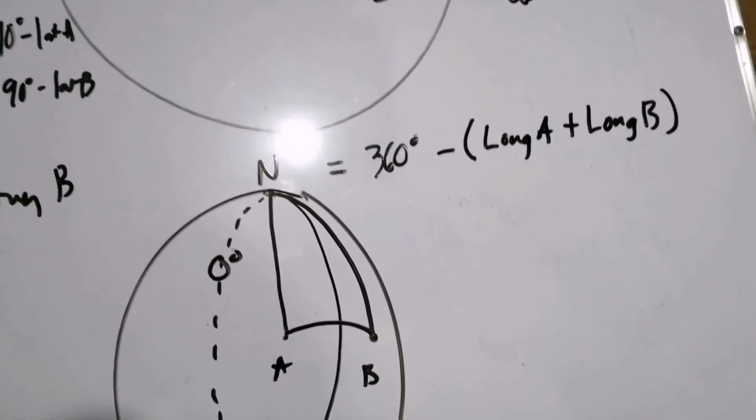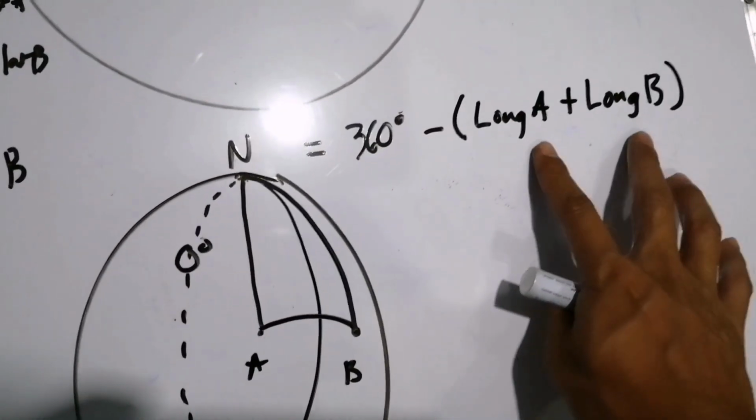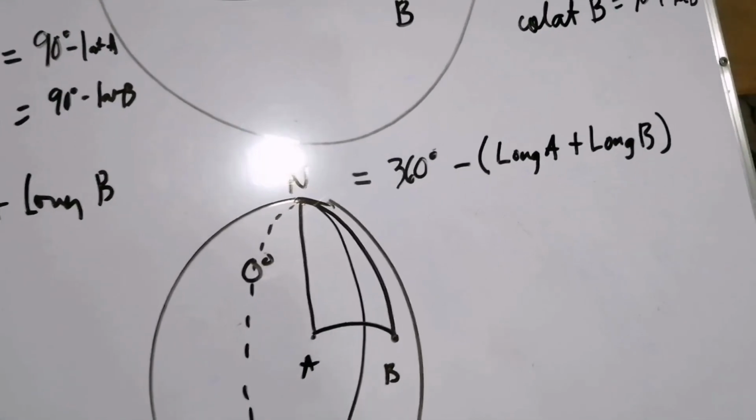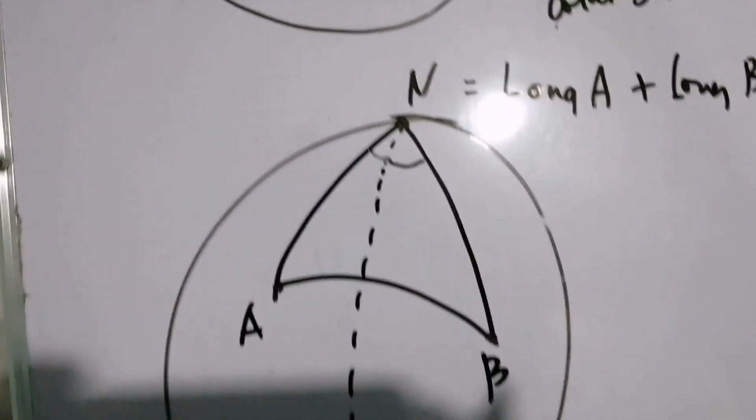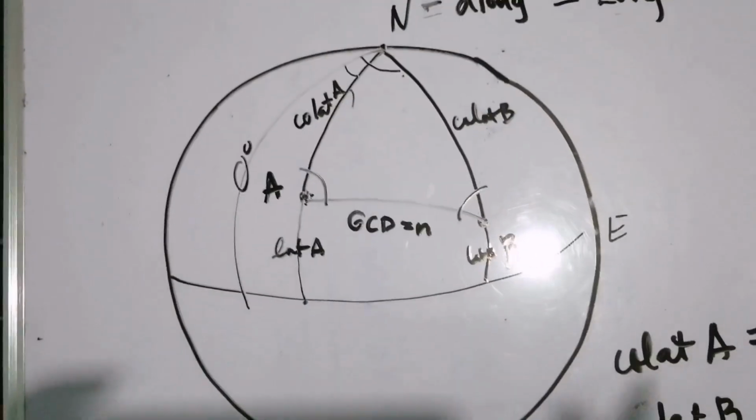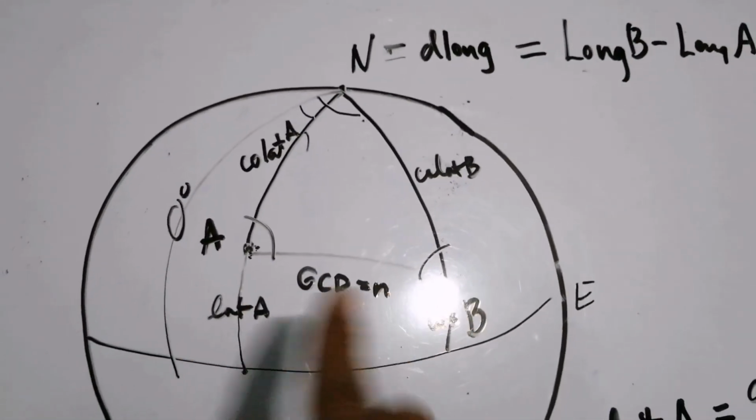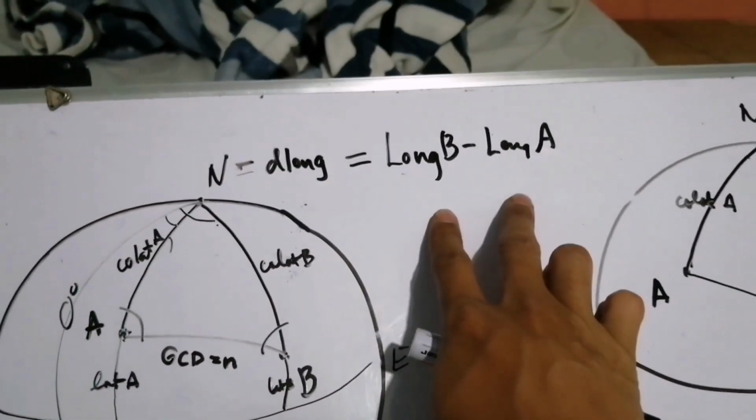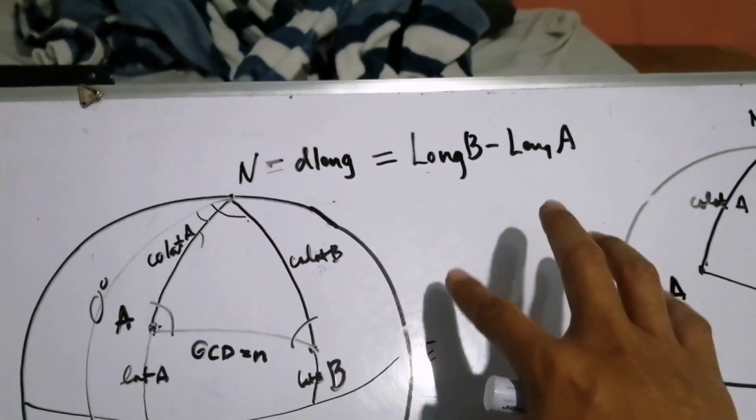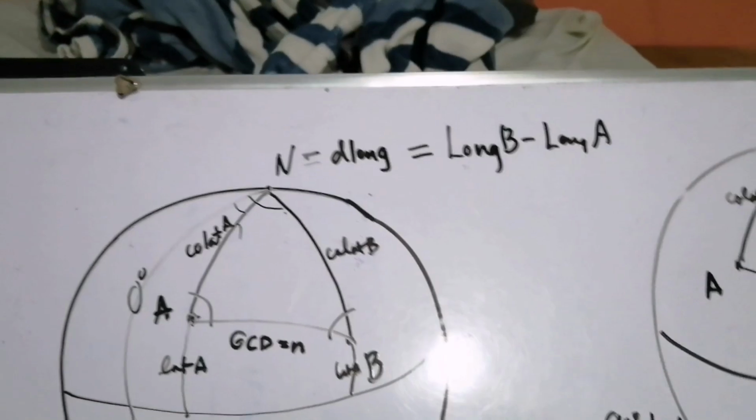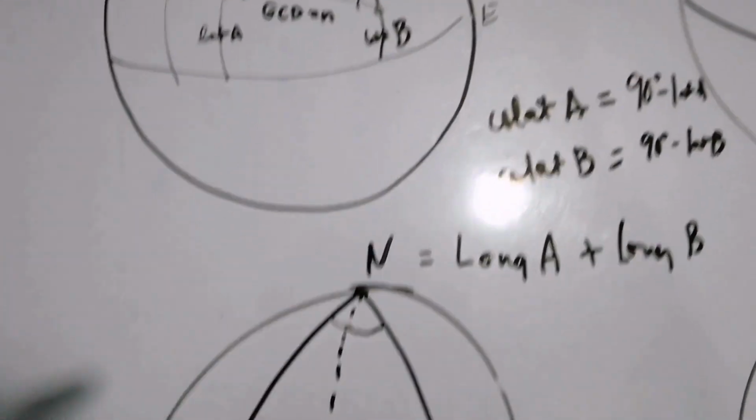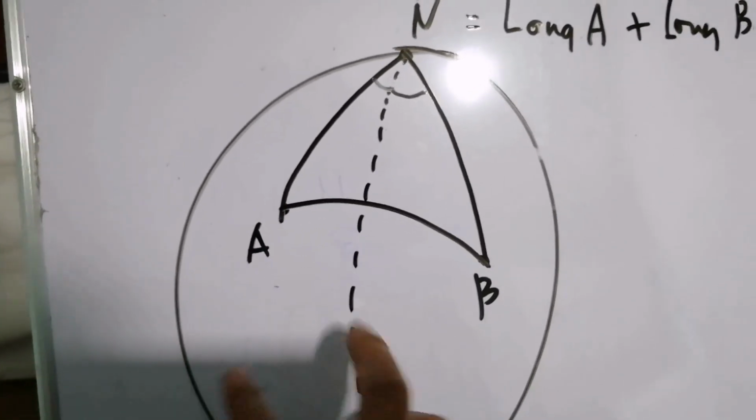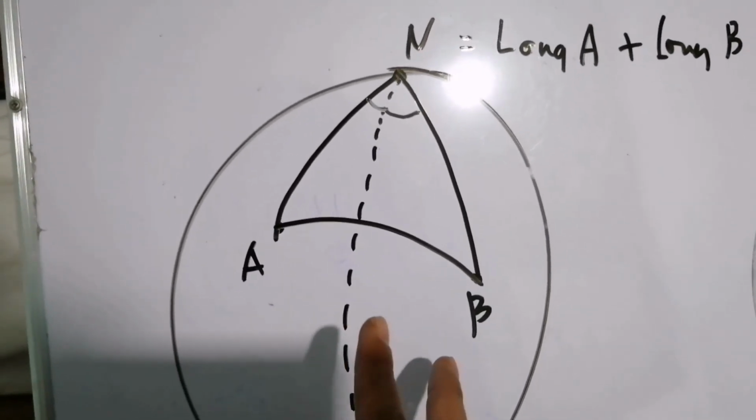Okay, so we subtract the sum of the longitudes from 360 degrees. Okay, so let's just summarize the result. So first is to get the d-long. If points A and B are in the same direction, all we have to do is get the difference of the two longitudes, of course, the bigger minus the smaller longitude. The next possibility is if A and B are in different directions, all we have to do is to